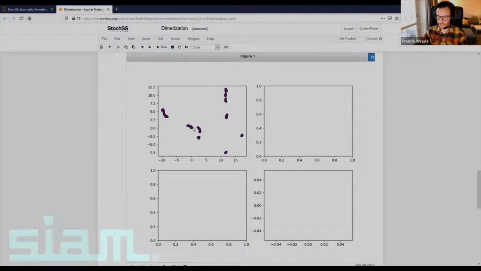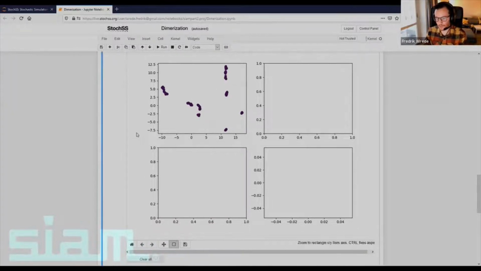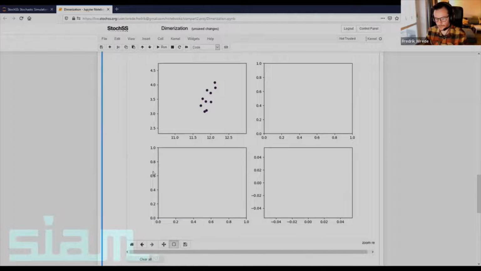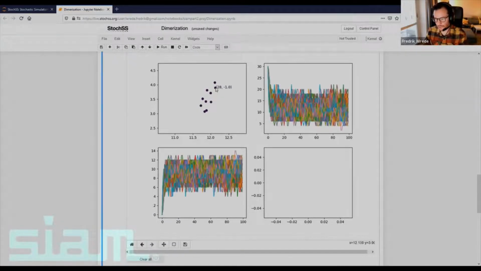We have simulated that, we computed the features, and then we did a dimensional reduction on those features, and that is the space that we are looking at. So the intuition is that points that are close to each other should have a similar qualitative behavior. If we click some of these points right here, we can see,